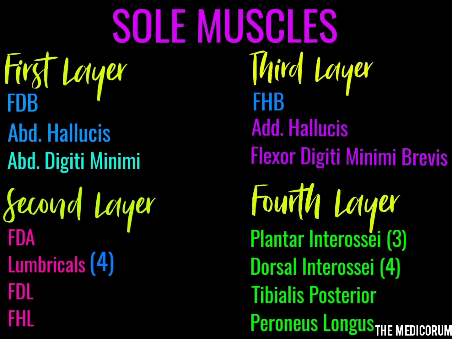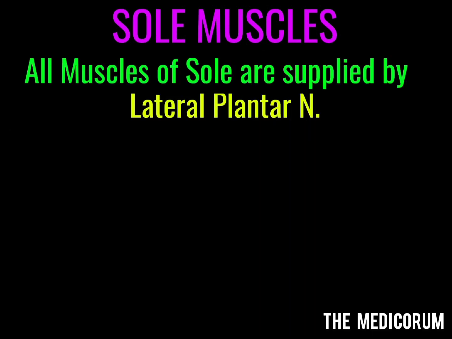Moving on to the colors. I said that we need to write the muscles specifically in different colors because in this whole chart you can see that some muscles are specifically written in blue. The muscles which are written in blue color are supplied by different nerves, whereas all the muscles which are written in different colors are supplied by only one nerve, that is lateral plantar nerve. Hence, here we have the conclusion that all the muscles of the sole are supplied by lateral plantar nerve, but